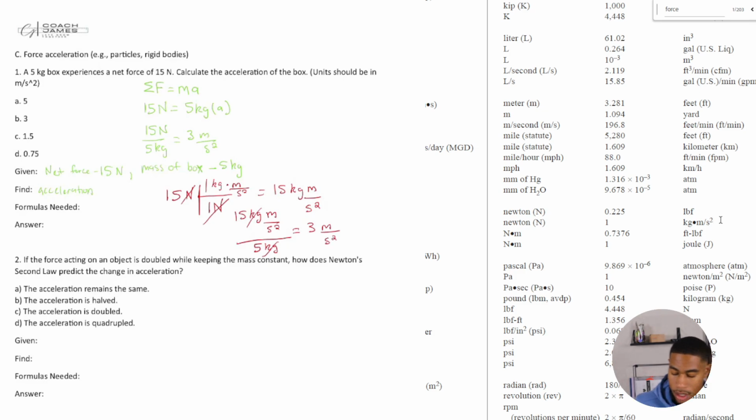So this is a quick way. You can skip steps if you know what you're doing, but you need to know that 1 Newton does equal 1 kilogram times meters per second squared. All right, went all around the world for that one. Don't know if that was necessary, but